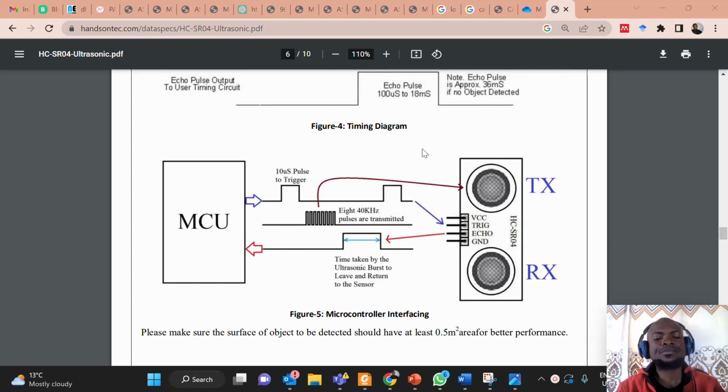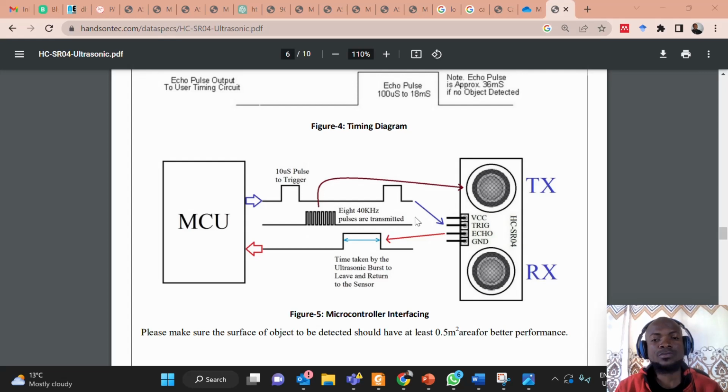how does this work? Through the microcontroller, you will send a 10 microsecond pulse trigger to the trigger pin. When you send it to the trigger pin, this ultrasonic sensor will send a sound wave at 40 kilohertz frequency. 8 of them will be transmitted. When it is transmitted, automatically the echo pin becomes high. Immediately the sound wave is transmitted, it becomes high. So the